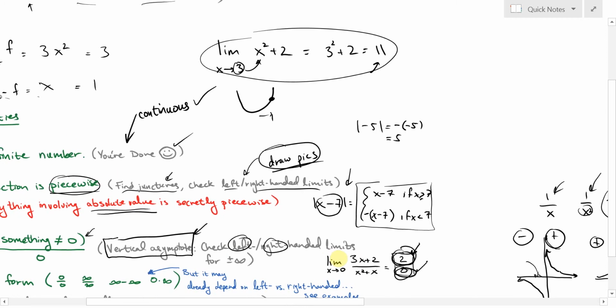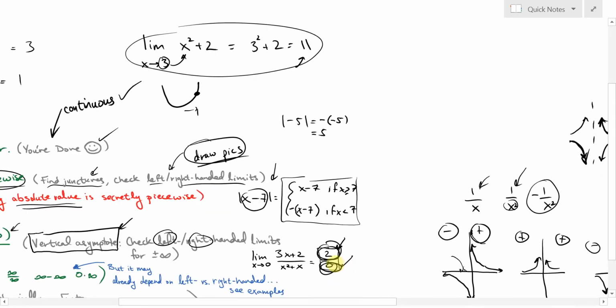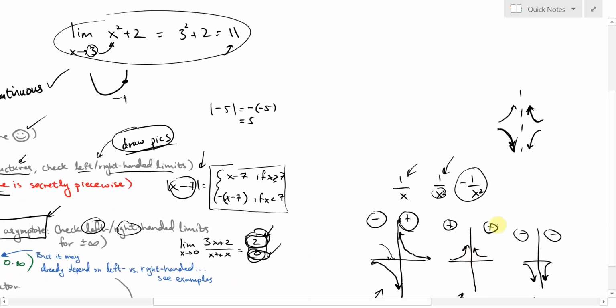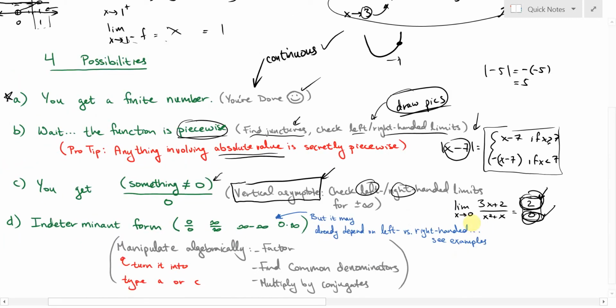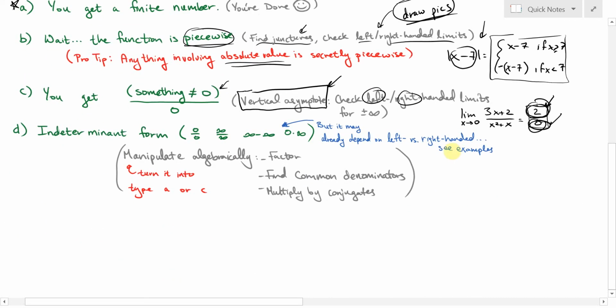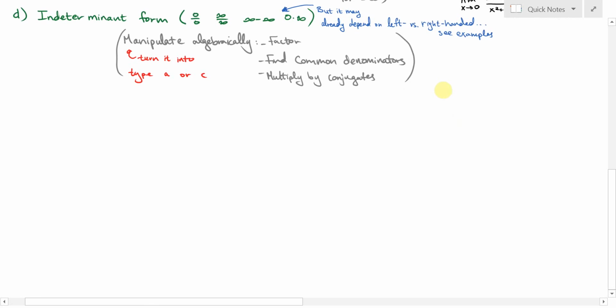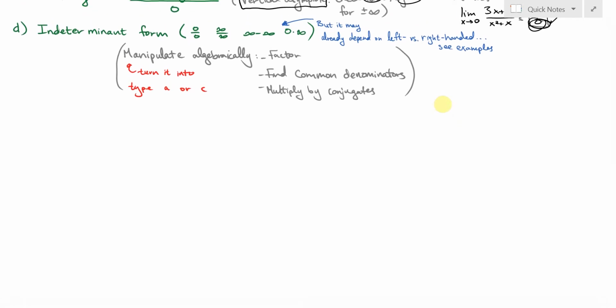And in order to check it, you have to apply the kind of reasoning I just did right here. When I'm to the left, am I positive or negative? And when to the right, am I positive or negative? That kind of reasoning. All right, finally, the most interesting case, and the one that's very likely to come up,